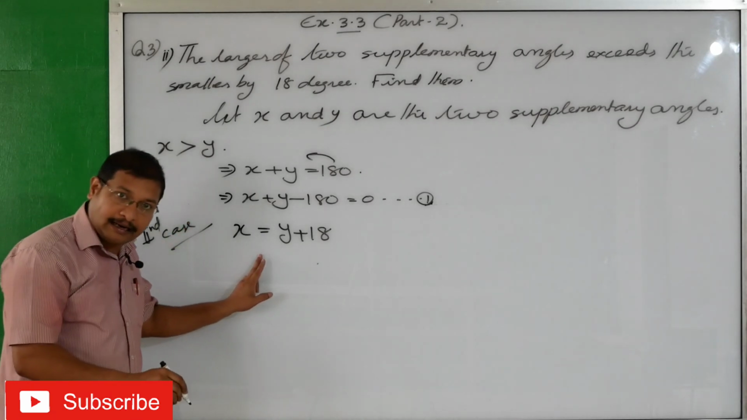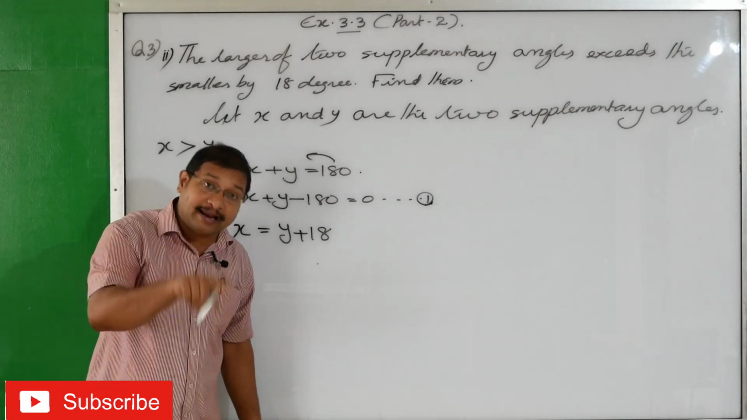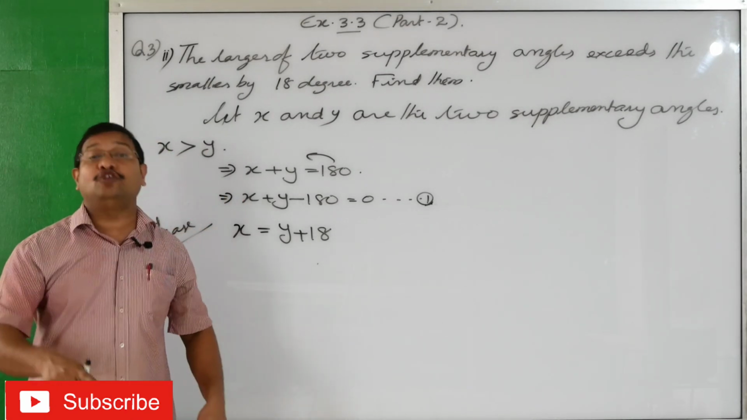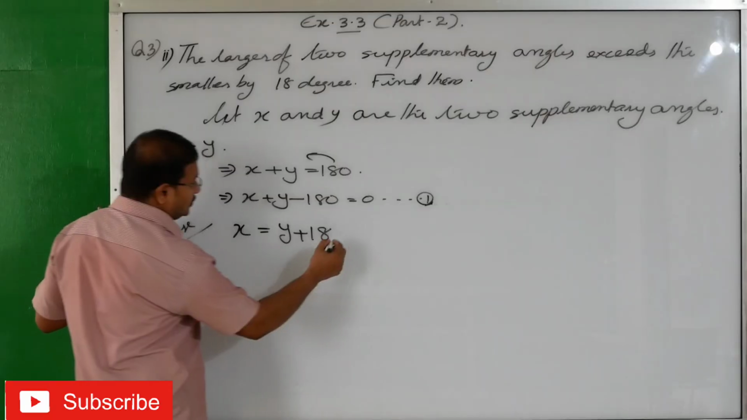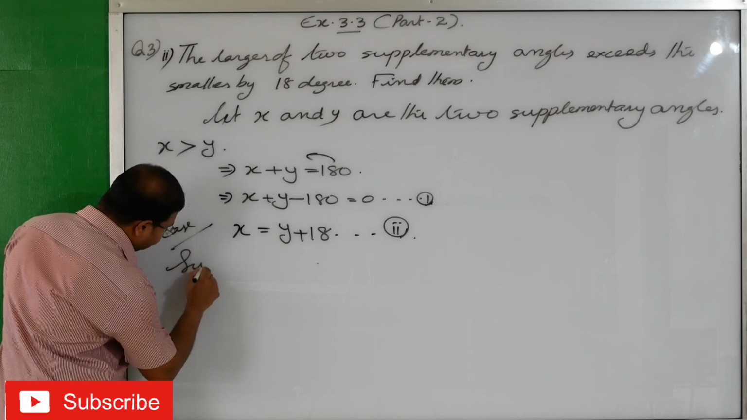See, the larger angle exceeds the smaller by 18. That means with the smaller angle, if you add 18, you are going to get the larger angle. This is equation number 2. Directly we can do substituting